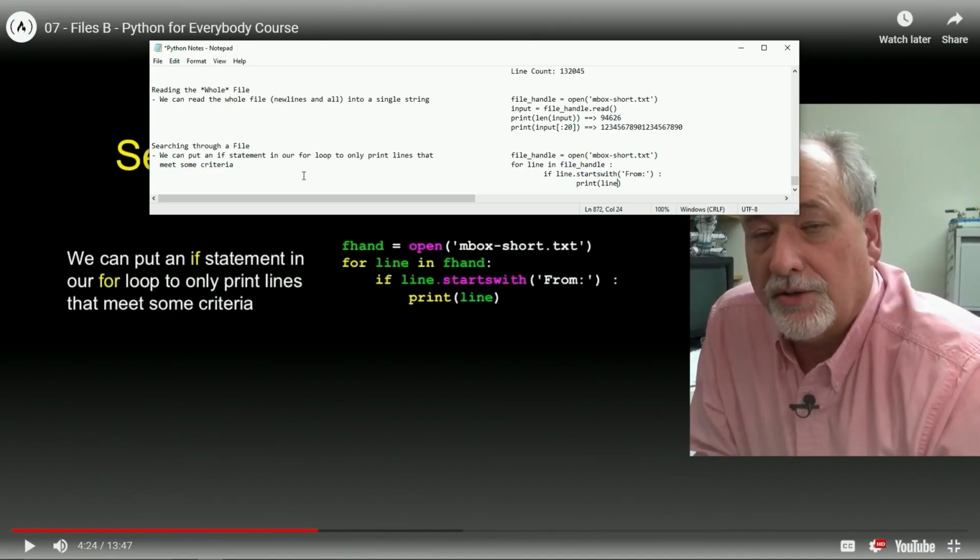So basically, we're going to go through, and if the line starts with From, like let's say it says From Steve from South Africa, it's going to print that line out. Okay, and I guess that's pretty good.